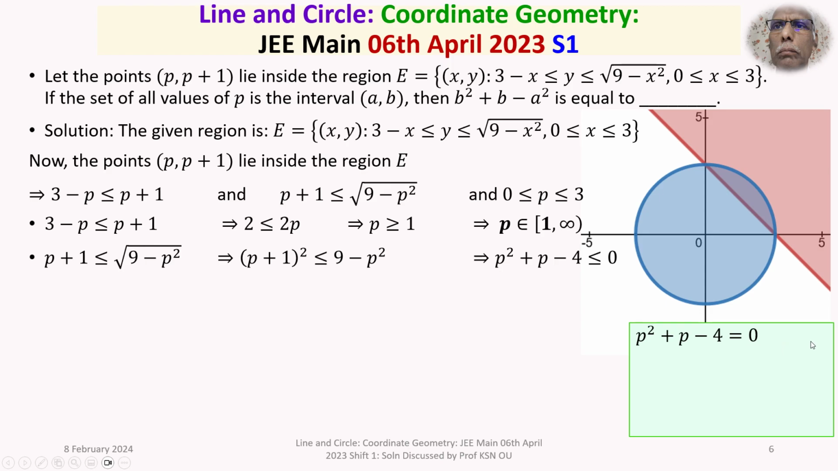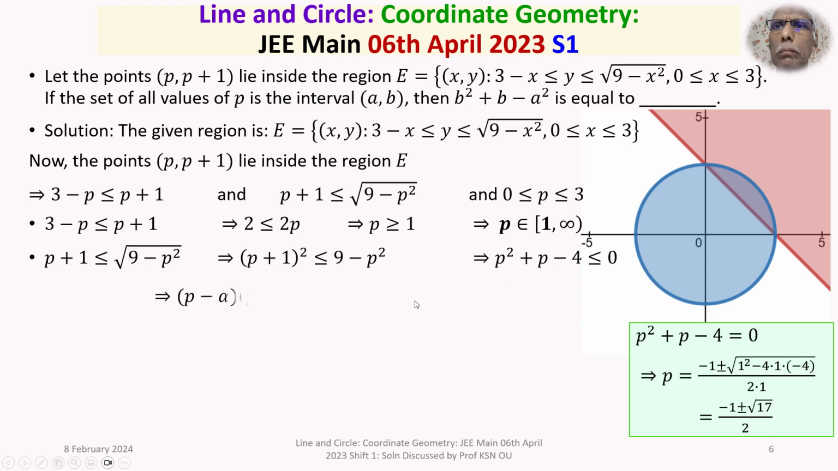Here it is. Now solving for p is equal to minus b plus or minus under the square root of b square minus 4ac by 2a. And the p value will be minus 1 plus or minus under the square root of 17 by 2. Agreed. So p square plus p minus 4 less than or equal to 0 will give you,